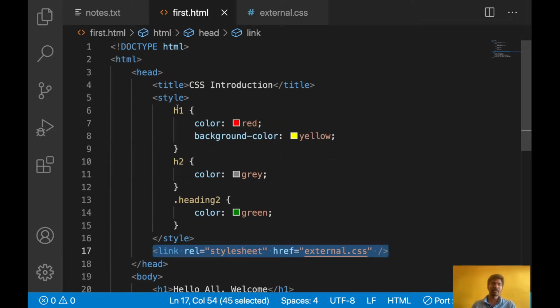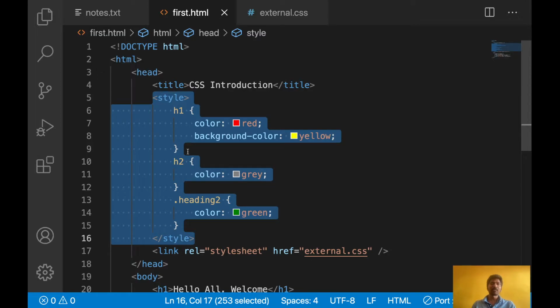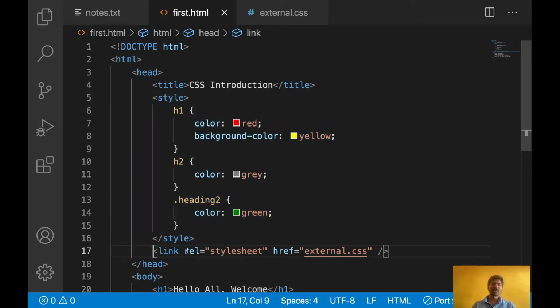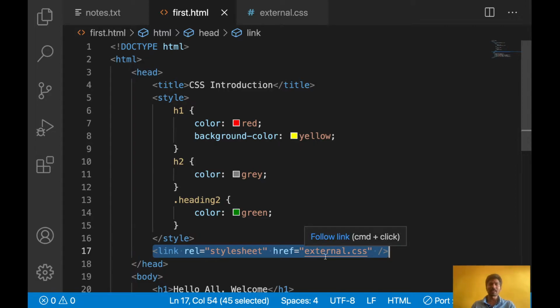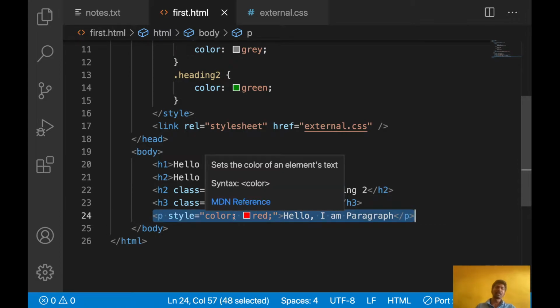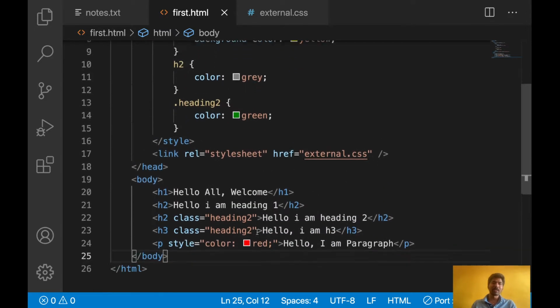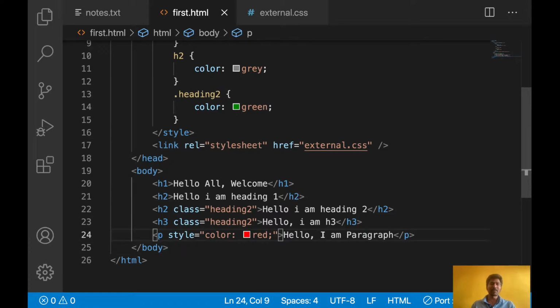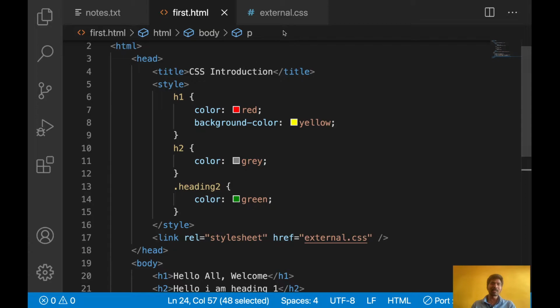So these are the three types of CSS. The first one is internal CSS. If we separate CSS into a separate file, that is called external CSS. If we write inside an element, that is called inline CSS. But inline CSS is not preferable, because if we use internal or external CSS, we can reuse that CSS.